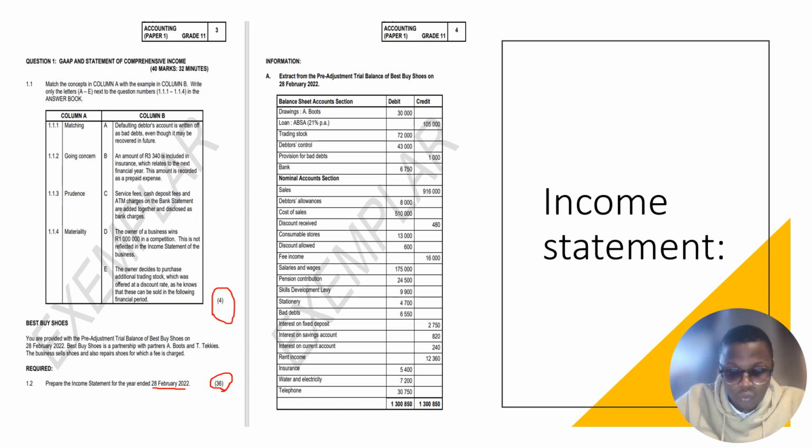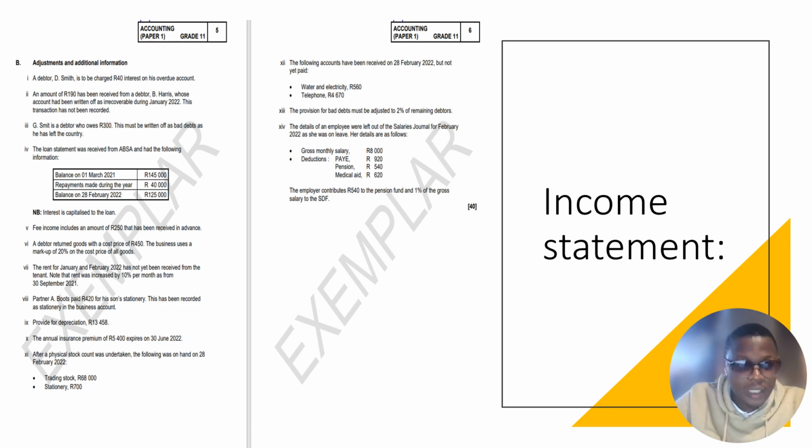Another thing that you need to do is go through the additional information and try to link it to the given trial balance. Where will this thing fit? Where will this thing be covered? So let's quickly go to the additional information. We said adjustments and additional information. They say